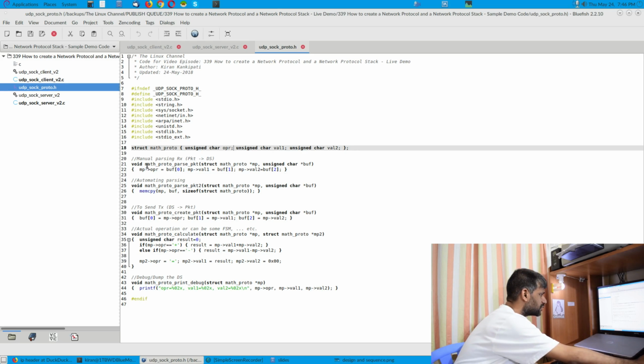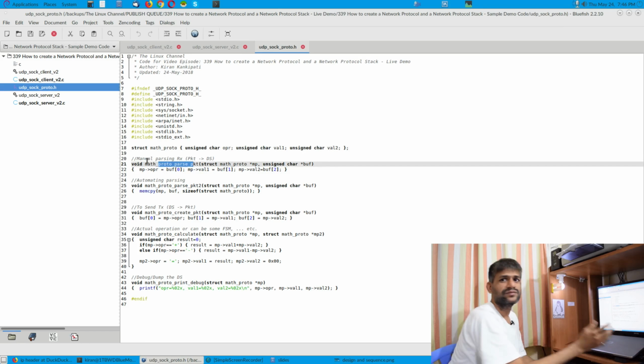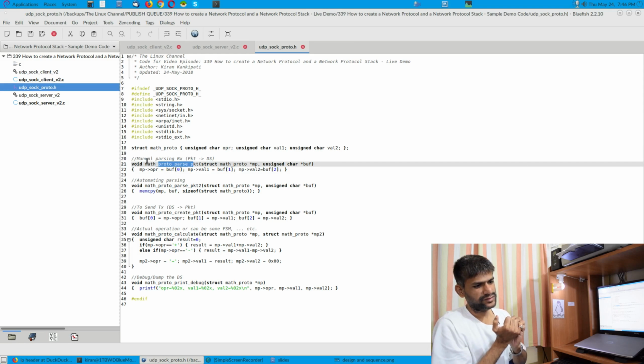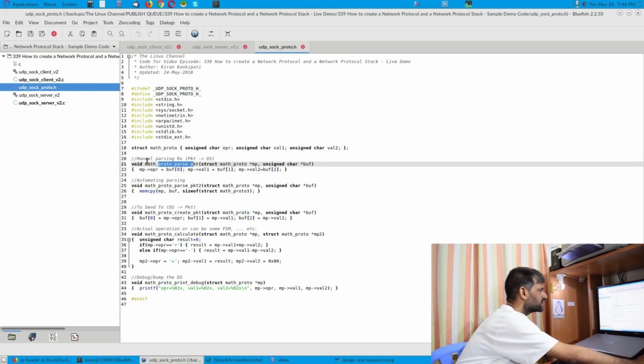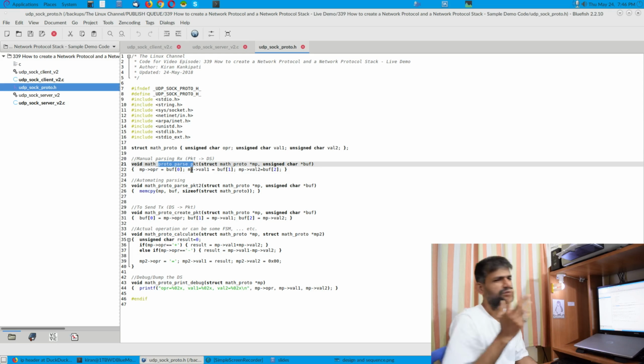So with that, we have all these APIs. One API is all about parsing. Whenever it receives that raw buffer, it has to populate the data structure. So we have this parser API. You can do two types of parsing. You can do raw manual parsing. You can also do raw automated